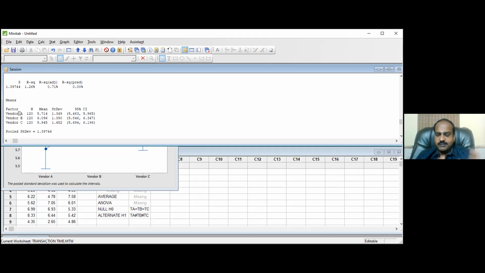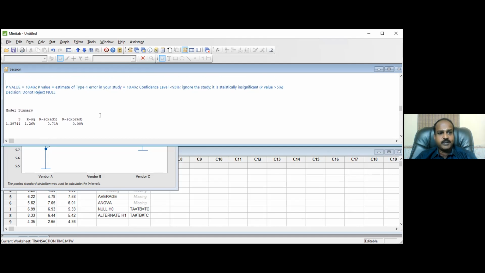See, vendor A is a company. The company's fate is decided by your decision. You must understand the importance of your decision. When you say vendor A is a better company than B and C, it should be true in reality also. It should not only be true with your data, it should be true in reality also, isn't it? Vendors B and C are going to lose the business because of your decision. So you have to be confident enough in arriving at the decision. That is what your P value is telling you.